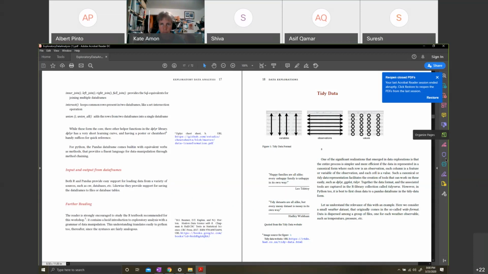So what is tidy data? Tidy data is actually a very intuitive way. It says that each row should be one observation. So for example, let's take weather. At any given hour on a given date, in a given place, let's say Fremont, you observe the temperature, the wind speed, the wind direction, the pressure. So these are different measures or different features of the weather. They all help quantify that one weather observation. And so it should be there in one row of weather data.